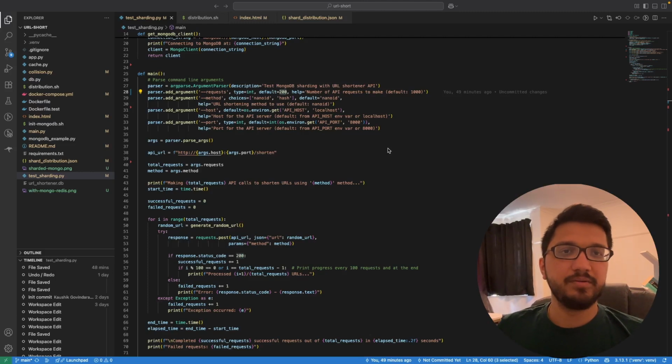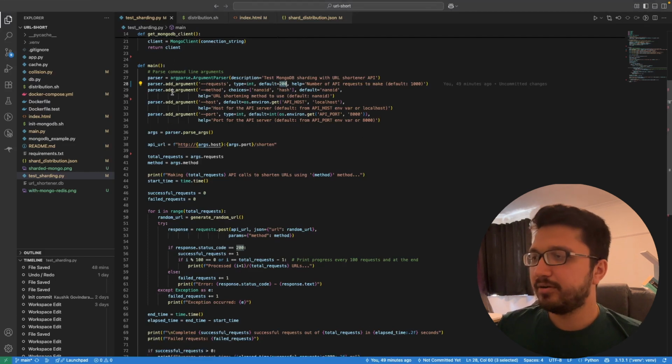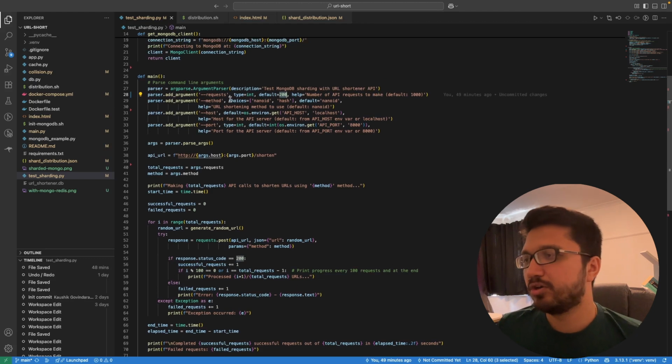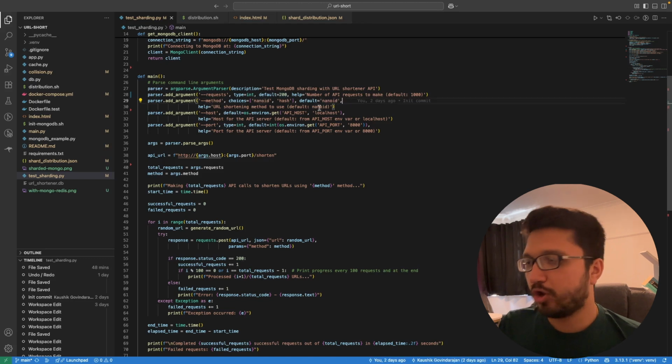Okay, in this section, let us look at how the data is actually distributed inside the shards. I have a test Python script here that does a few things. Actually, it does not do a lot of things. It just calls the app.py container that's connecting to the Mongo and the Redis, and then sends a bunch of different requests. There are also other flags here. One is the method to choose nanoid or hash. Nanoid is the default. You can also configure host and port and a few other things if you want to add that. Then it makes